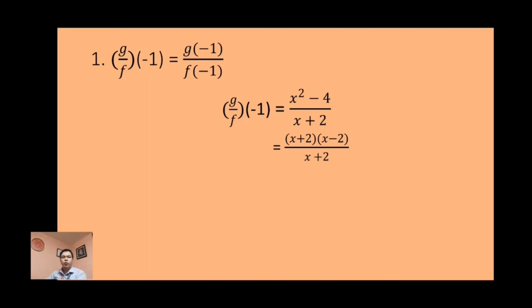Step 3, simplify. Divide x plus 2 by x plus 2. The answer is 1. 1 times x minus 2. So we have quantity of g divided by f of negative 1 is equal to x minus 2. And then the final step, evaluate. Substitute the given value of x to the equation. Negative 1 minus 2. The final answer is quantity of g divided by f of negative 1 is equal to negative